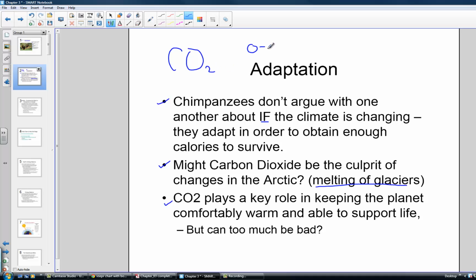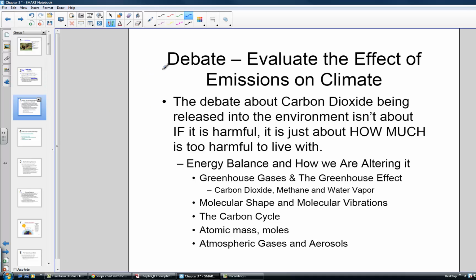So, of course, carbon dioxide, we drew its molecular structure before. We know that it's an O double bond C double bond O, and this particular molecule, with its shared pairs of electrons and lone pairs of electrons, is a hot topic for debate right now in terms of greenhouse gases. What is it about this molecule that when it's trapped in the atmosphere and its concentration begins to significantly rise, warms the atmosphere, warms the environment, and might even be contributing to some environmental changes in melting of the glaciers?